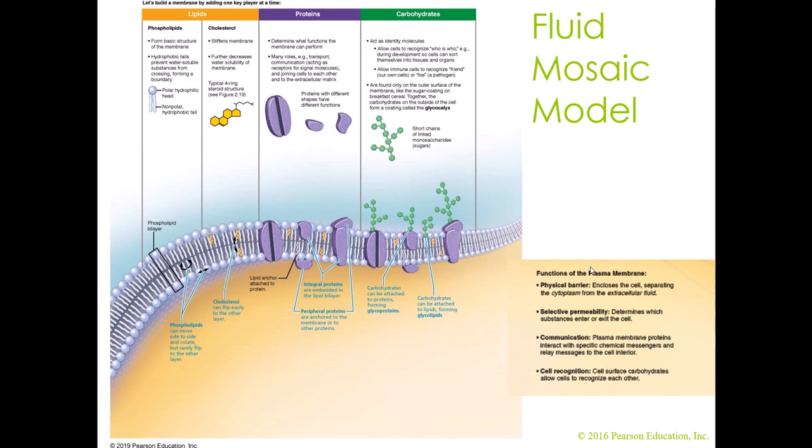Although the phospholipids are our major component of our plasma membranes, they are not the only component. We actually think of our plasma membranes as a fluid mosaic. So the fluid suggests that this is not a rigid, stiff membrane. Stuff can move through it. It is permeable, semi-permeable, selectively permeable,